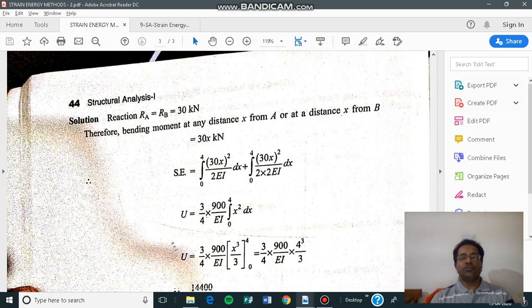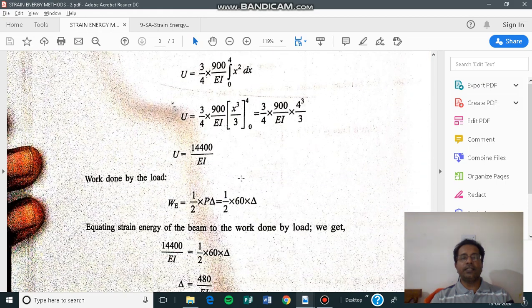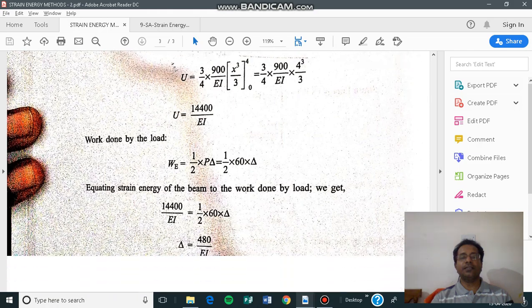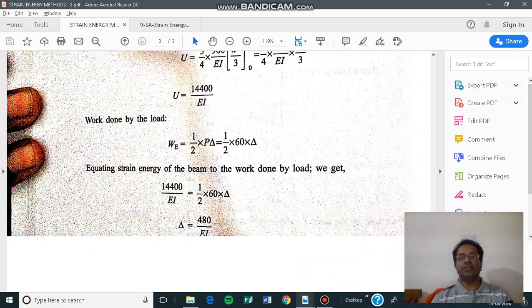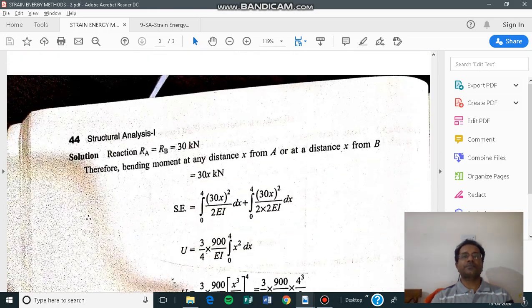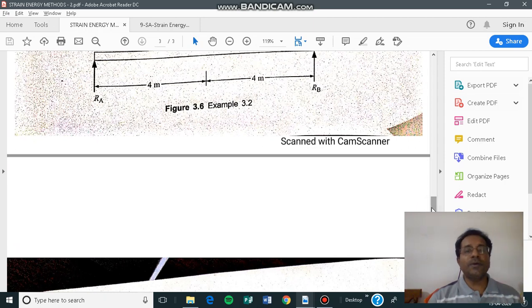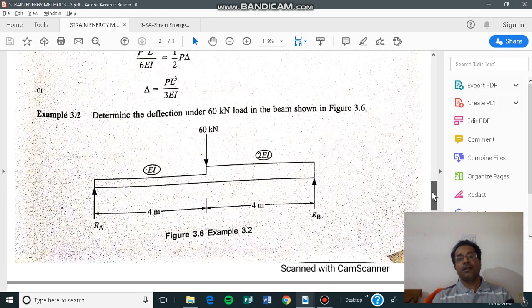After getting the sum of these two values, the total strain energy is calculated, and then the external work done, half into P into delta, is equated to it to get the delta, the deflection at the center. But what you learn from the strain energy method is that the direct work done method is not that versatile to use when there are multiple loads, because here only